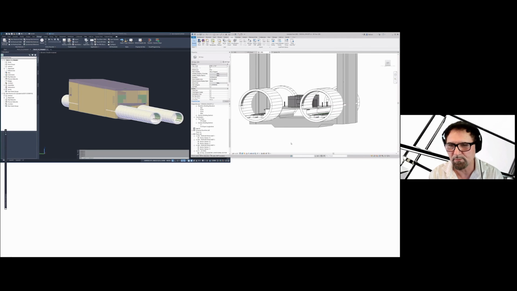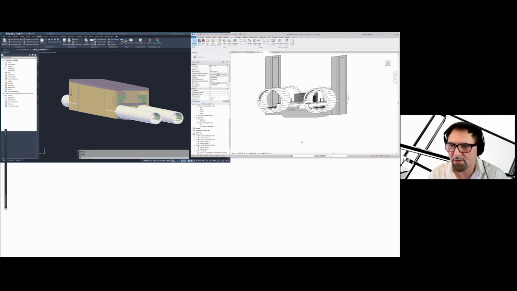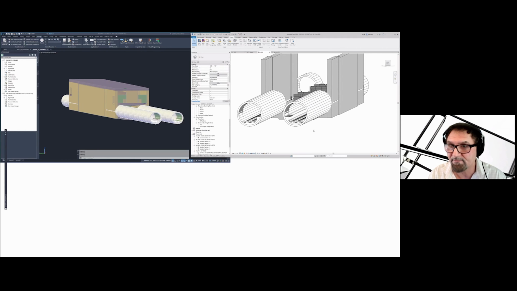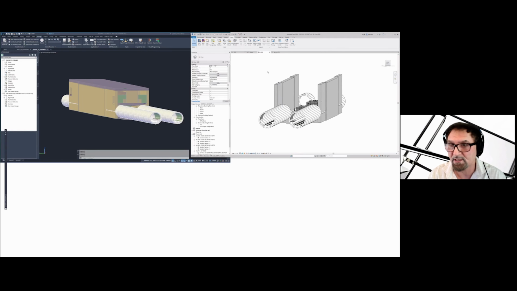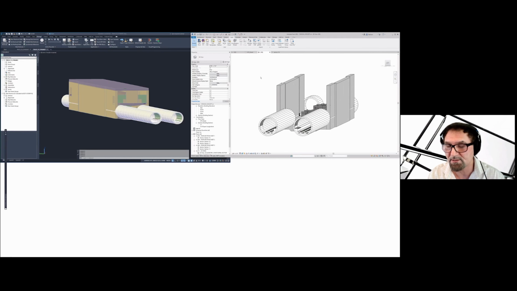Now, of course, I've simplified everything to just show the technology and how it works. In real life, there's a lot more work to synchronize, coordinate, and achieve that information. You will be working with custom Revit families for pretty much everything. You will be working with a lot of adaptive components, which you can call cutting-edge Revit technology. But the benefits of implementing such a coordination system are great.